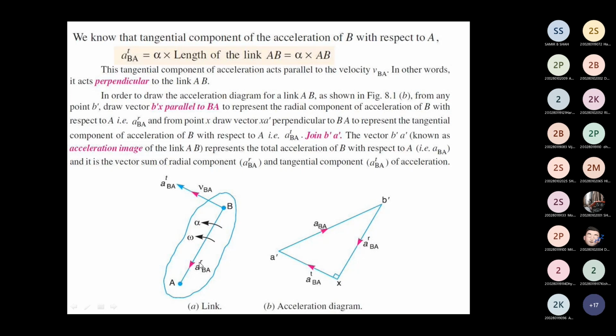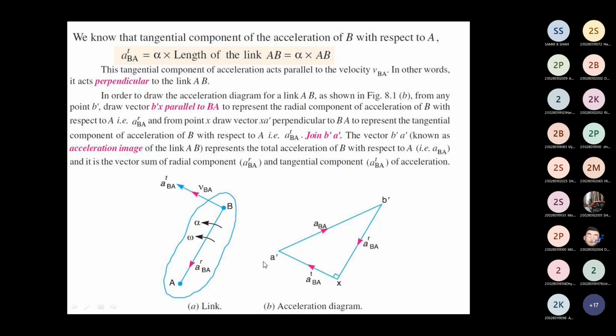Okay, what we do in the velocity diagram is directly draw the perpendicular line. This is the AB line, which is the space diagram link length, and if I want to draw the velocity diagram, then I just draw the perpendicular line with respect to this. Now, to draw the acceleration diagram, we do not draw directly from this, but initially we draw the radial part and then draw the tangential part. Then we have to join both end points, and whichever path we get is called the link length or the value of the acceleration diagram.